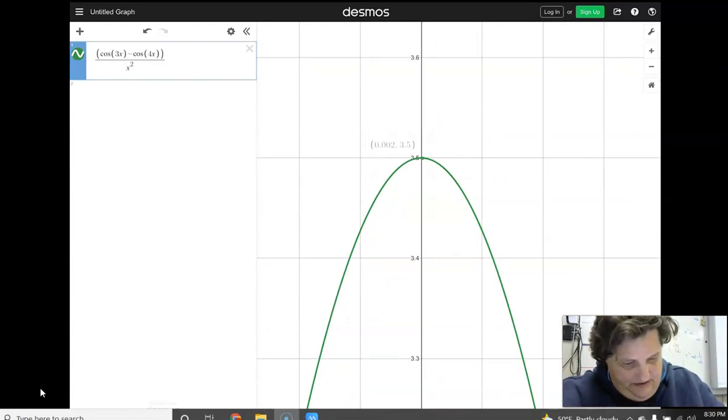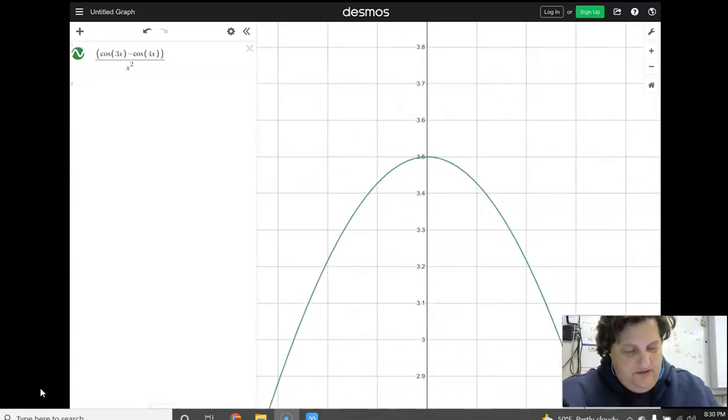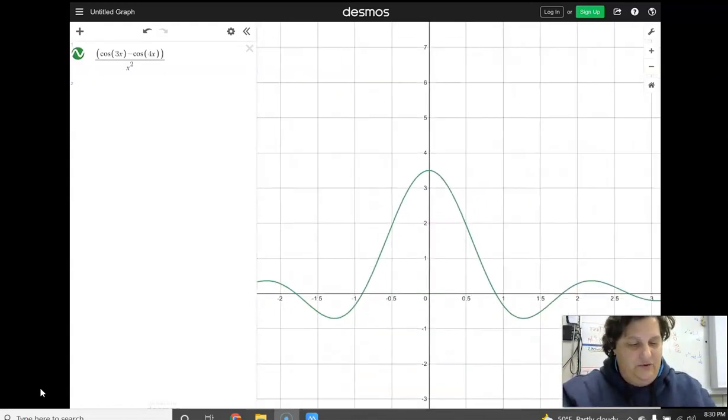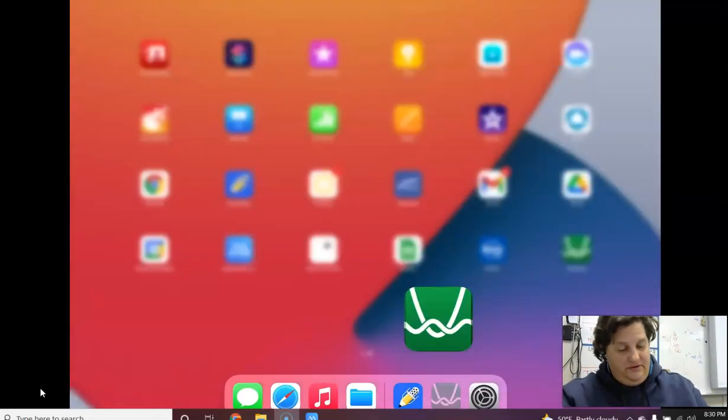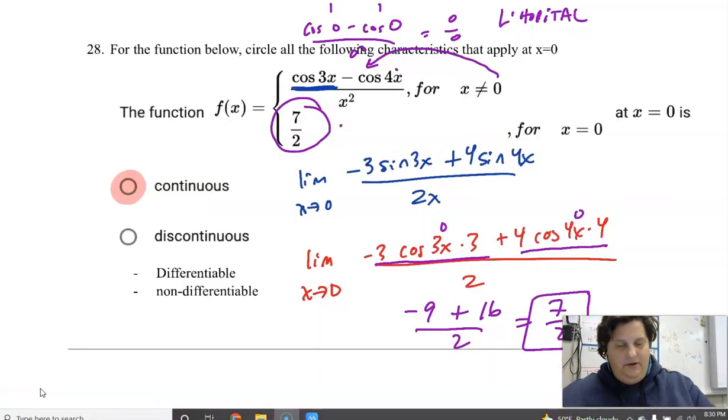Don't I have a little point right there? It's hard to see it, but it goes away. It's undefined, actually. So it's not continuous, but actually it does look differentiable. So I'm actually going to switch that up. Okay? It is not continuous,